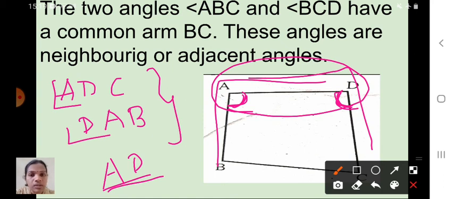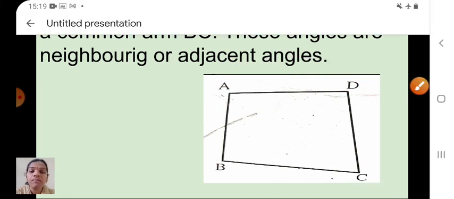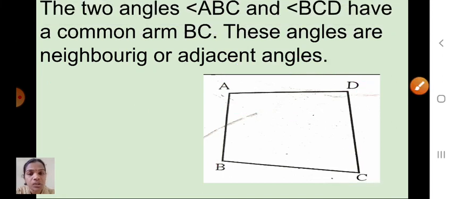Okay. So children, at home you have to draw one quadrilateral and give it a name, and you have to write the adjacent sides, opposite sides, and adjacent angles of that quadrilateral. Okay, so I hope you will do it at home. So children, the remaining things we will discuss in the next class: opposite angles, polygon and diagonals. These all things we will discuss in the next class.